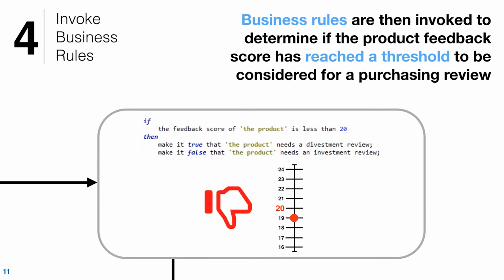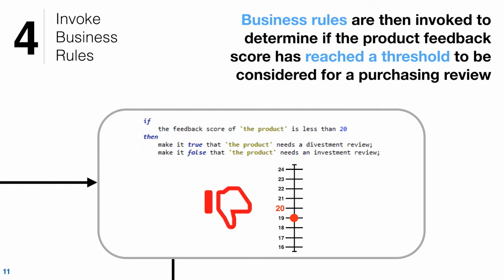The business rules are invoked after the sentiment is received, and the feedback score for a product changes based on that. The business rule relevant to the situation which we just went over goes like this. If the feedback score of the product is less than 20, then we want to make it true that the product needs a divestment review, and false that it needs an investment review. Now, in this situation, the product that we had, blue jeans, was at a feedback score of 20 before a conversation with Jeff. After Jeff finished his conversation, the score became a 19,